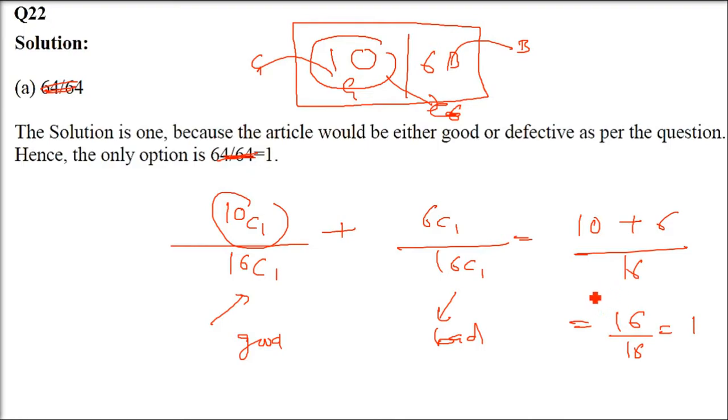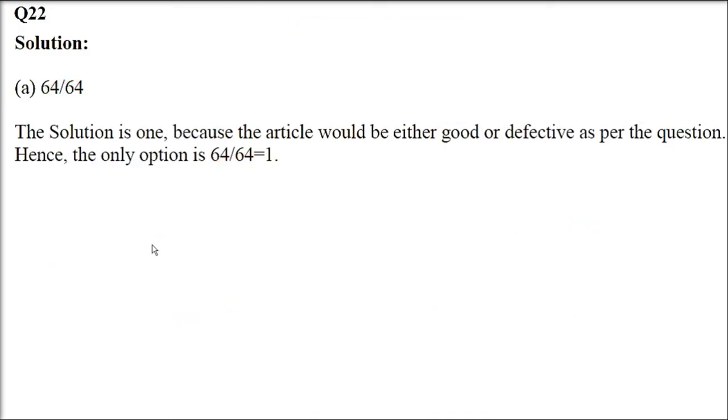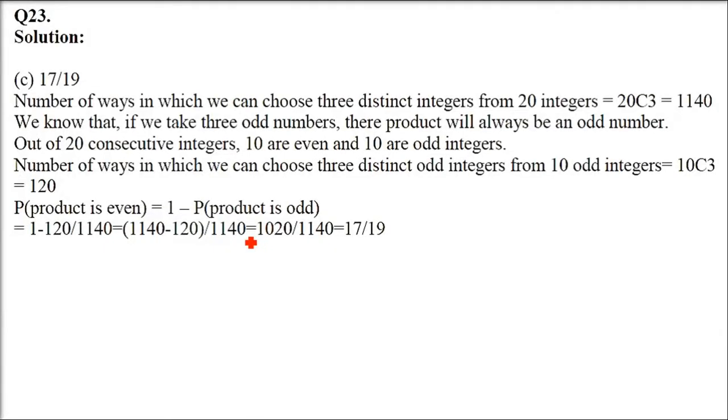You will always get either a good or a defective, because there are only good and defective in there. For example, a girl and a boy. What is the probability of choosing a girl or a boy? So you can choose either a girl or a boy. Every time you choose one, it can be either a girl or a boy. Okay, so this is always true. Probability will always be 1 in this case.